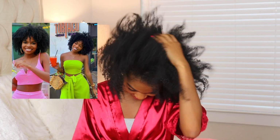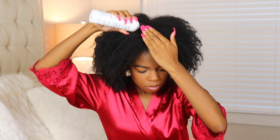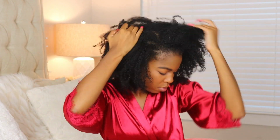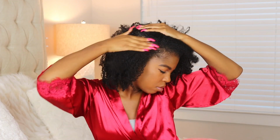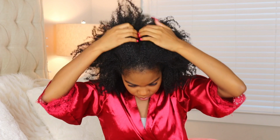I've been using this, and I'm gonna insert a clip of my hair. My hair has went from literally dry to moisturized. Also, I've changed my wash and go product, so that helps too. But doing this consistently and just getting back to taking care of my hair, I've really seen a big difference. I'm gonna be honest, as my hair has gotten longer, I've become a bit lazy. So I'm trying to get back into my routine of weekly deep conditioning and doing hot oil treatments on my